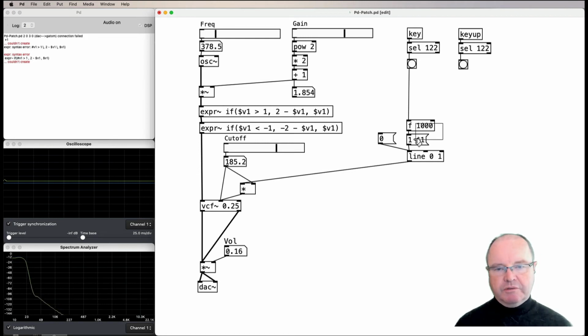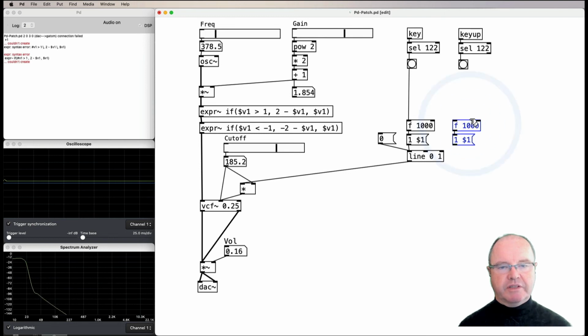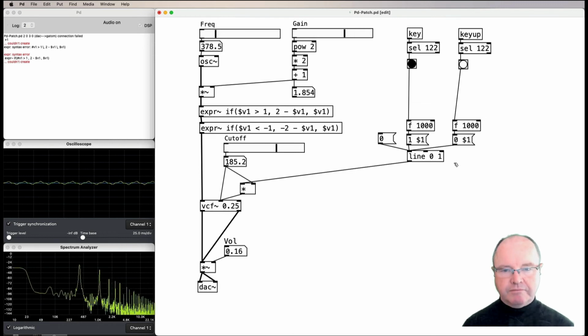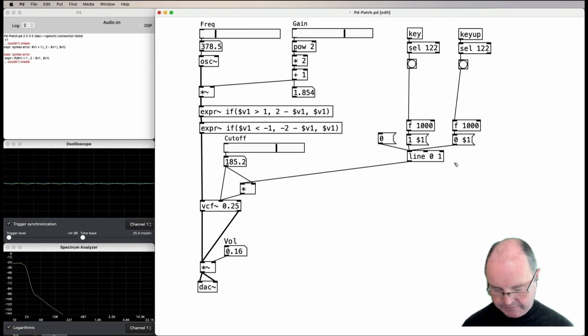The release will do a very similar thing, so I can copy and paste these over here. And instead of going to 1, it will basically go down to 0. I can feed that into the line, like so. So now I've got on, and then when I release, I have off. Got on